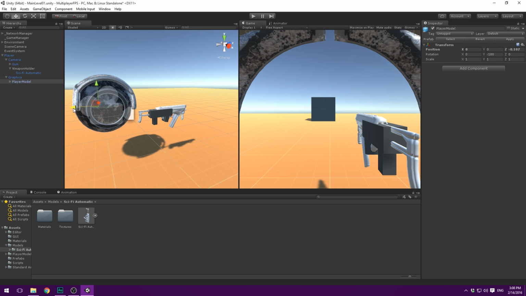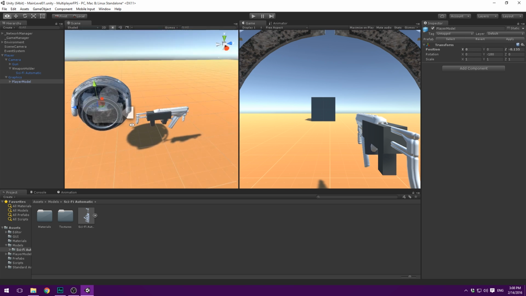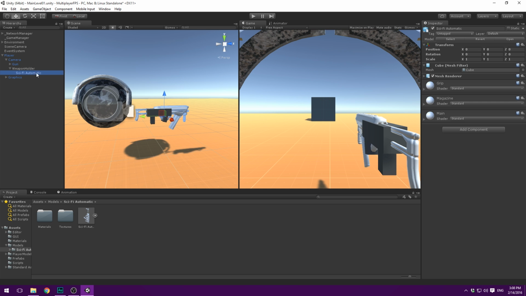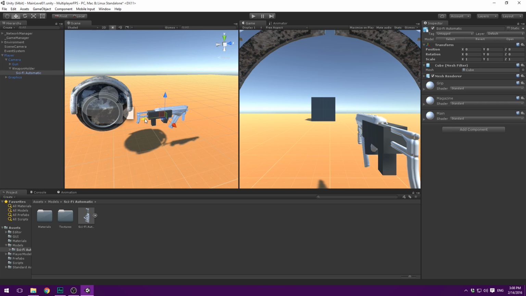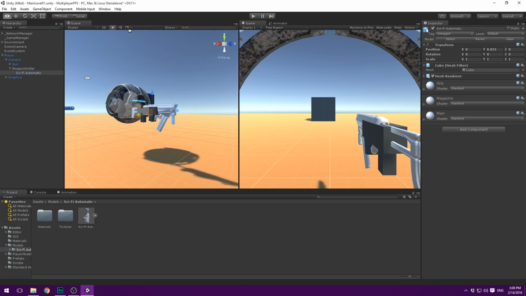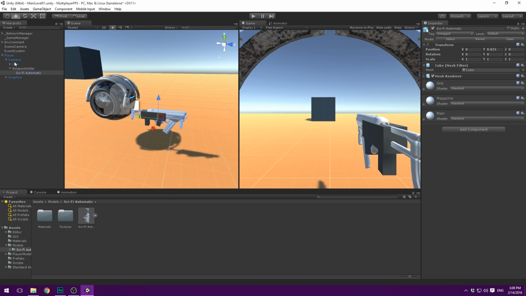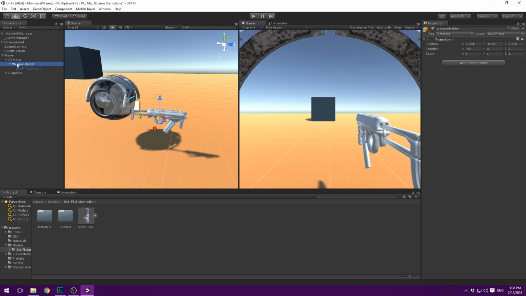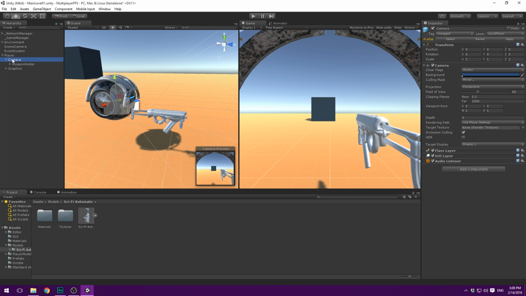And we can also go ahead and maybe move this even further back to kind of avoid that. Good. So now that we have that set up, something like that. Yeah, we can go ahead and delete our temporary gun. It's not something that we're going to be needing. And we can also